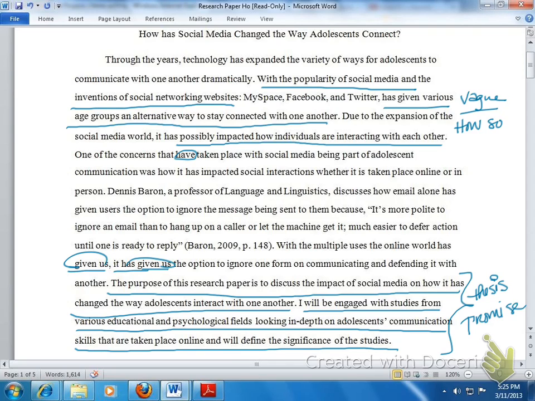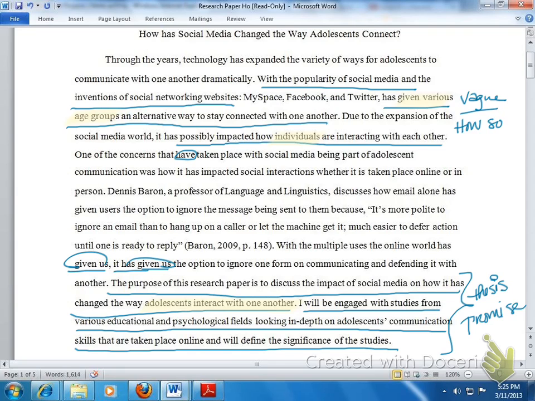Yeah? Natasha? The part that you underline that says it possibly impacted how individuals are interacting, they're saying individuals. I think that's what makes it broad, because in your title they say adolescents. Is it everyone or just adolescents? So we have various age groups as part of the setup, because it happened earlier. And then we move into individuals, just people. But then we hear later that it's really focused on adolescents. So I can see that if you're identifying that as the thesis, one of the things going on is this going broad to narrow as part of the introduction strategy, which might work, but be aware of the fact that